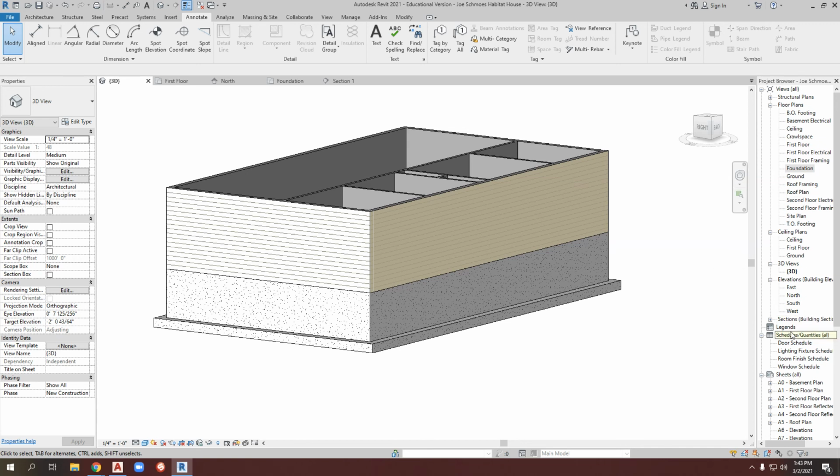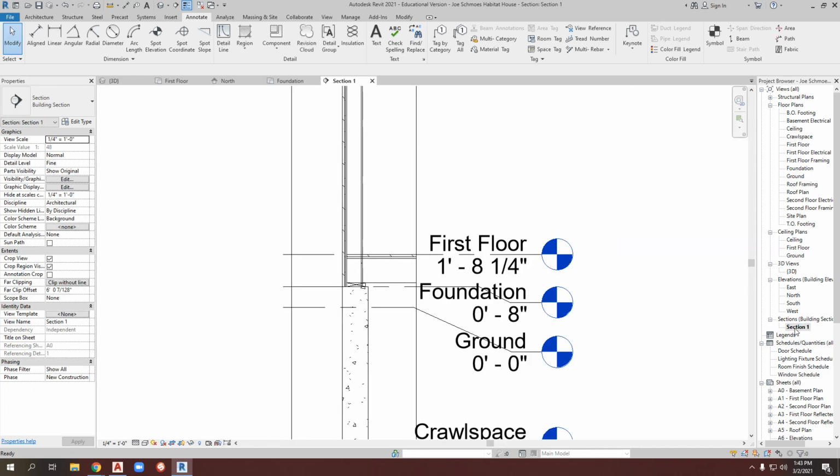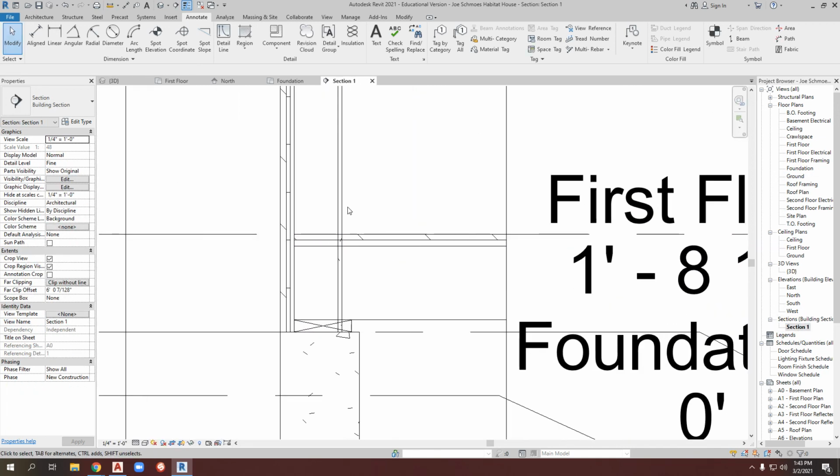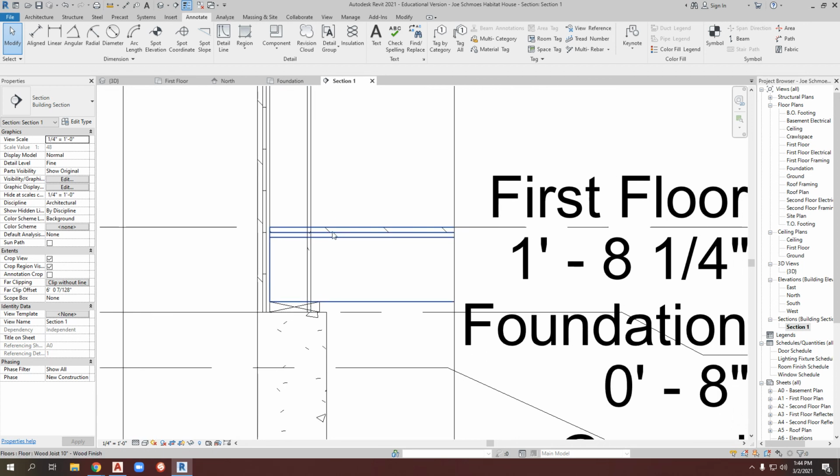Last but not least, that detail, if we look at our section view, we do have a little bit of an issue here, and that is the floor and the wall are occupying the same space. Now, for most of you, there's an easy fix to this. Worst case scenario, maybe is just redrawing your floor. But what we want to do is have the software actually notch the wall so you don't have these overlapping items. And the easiest way, if things work, aside from the little detail down here that won't get taken care